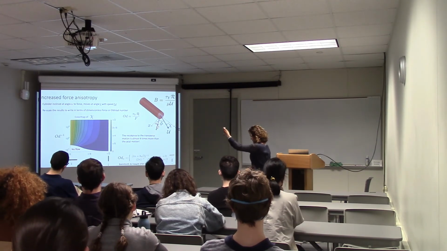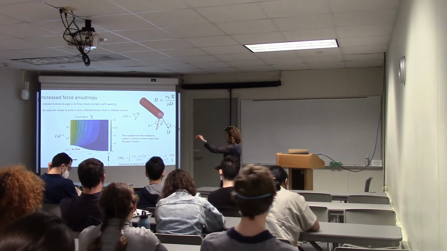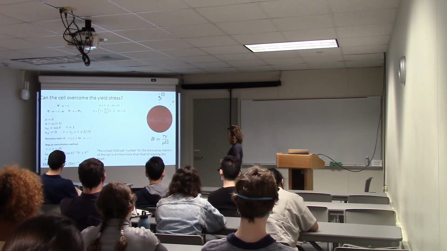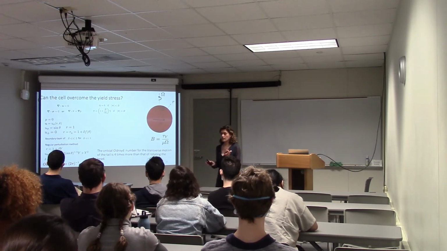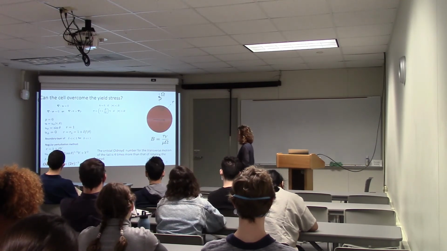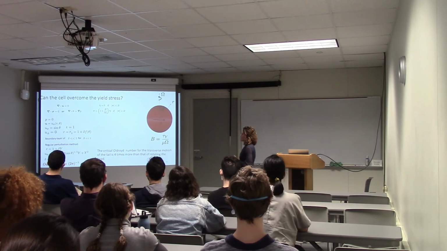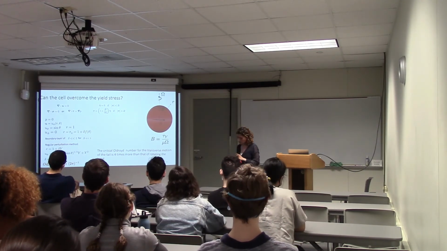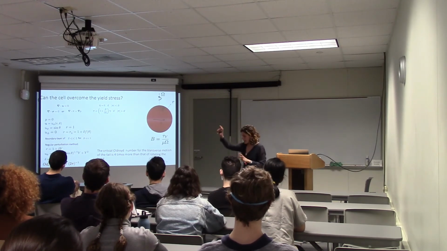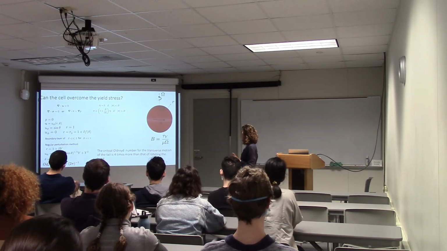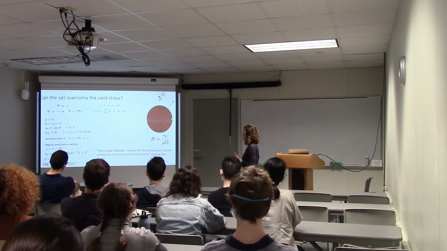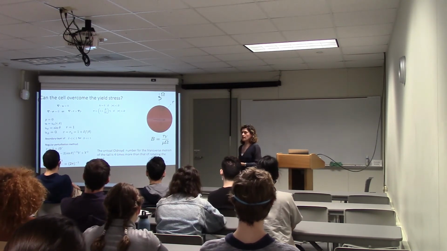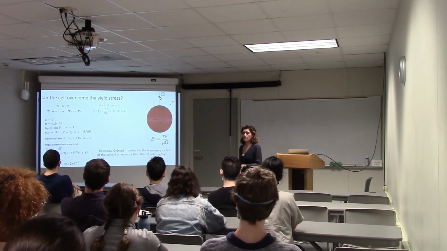So you can try it and drop a rod in your favorite viscoelastic fluid, yogurt or chocolate, something transparent to see what that would be. So that we know. Again, now I'm going to talk about the head problem. The head is a sphere, and the question is that if I apply a torque on this sphere and rotate it, what would be the critical torque that I have to apply to overcome the yield stress?